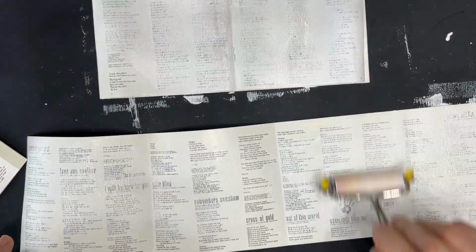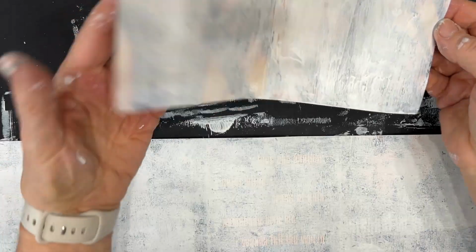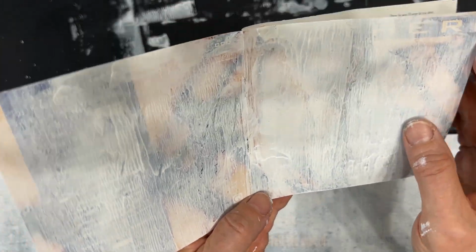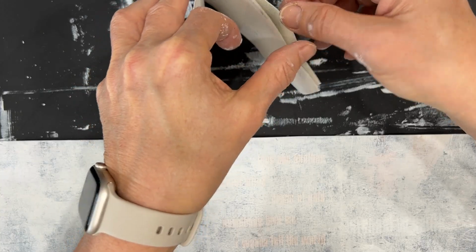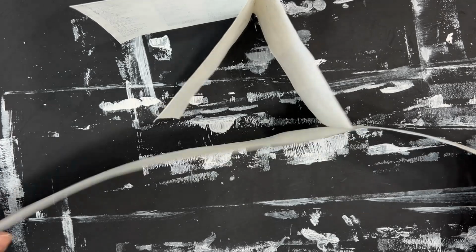When I'm coating things with gesso, I tend to do it in a single session because that means there's one cleanup. Putting it on with the brayer adds texture and interest to it. Now, once I've put this on, you need to do some drying in between, and then you need to open it up and let it stand so that it can completely dry before you start doing the art